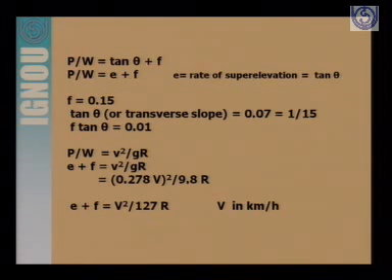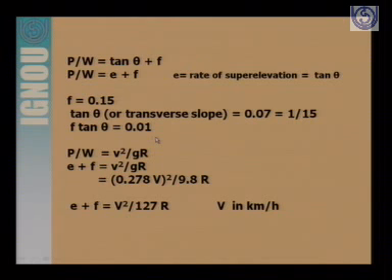So if we take F, the transverse friction between the tire and the pavement, as 0.15, then tan theta or the transverse slope is taken as 0.07. These are the specified values, or 1 by 15. Then F tan theta becomes 0.01. Means these are some standard values. F equal to 0.15, tan theta is 0.07. This is defined value. So this F tan theta becomes 0.01,